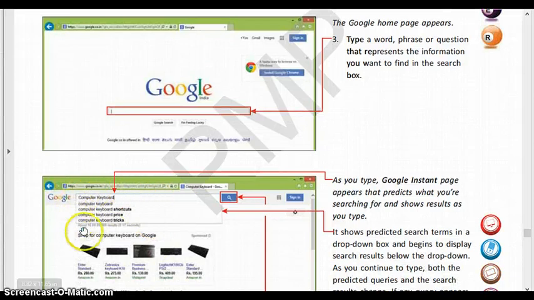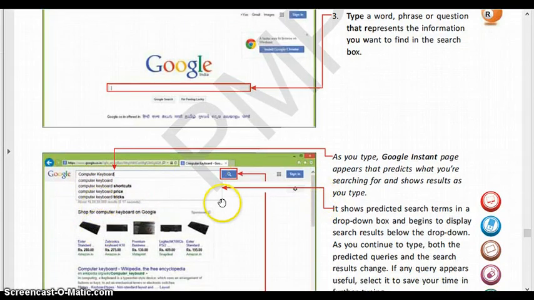One more thing. Whenever you type, a drop down menu appears which shows the predicted queries. If you are typing a single word or two words, Google predicts the search term. Like if you have typed computer keyboard, these are the predicted search terms like computer keyboard shortcuts, computer keyboard price, computer keyboard tricks.